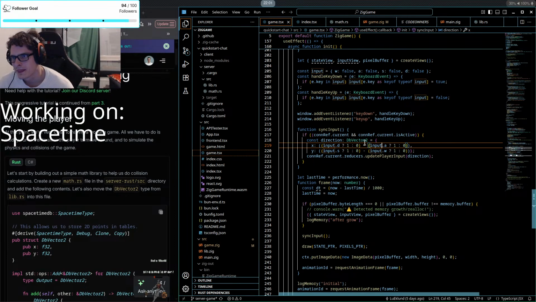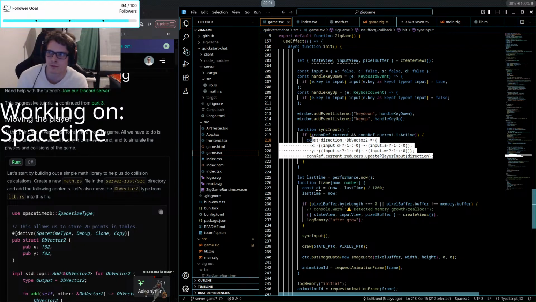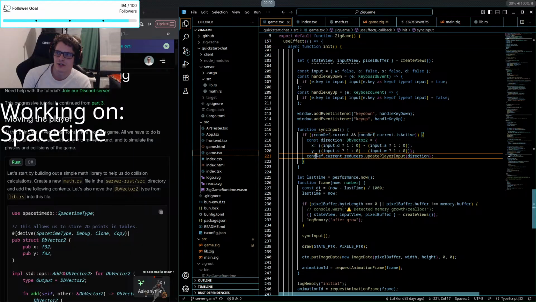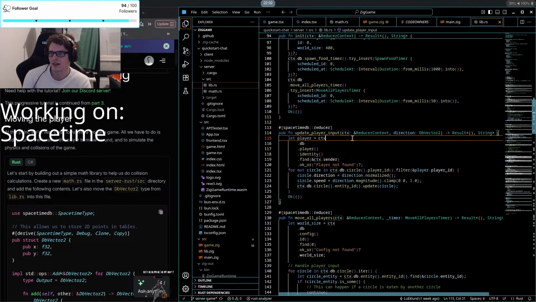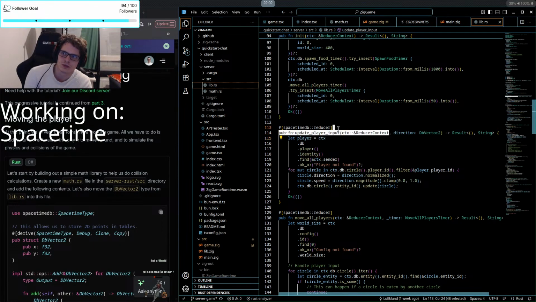So this happened on the client right now. I created this direction struct, which checked which key was pressed. This is what would be our equivalent Rust app client right now. And then I had the connection, and I called the reducer, and this one sent a call to the database and passed in the direction. And then on the database, I get the context where I can get the player identity, because the client knows who they are. And then the direction they pressed to go, and that updated the circle for that player.